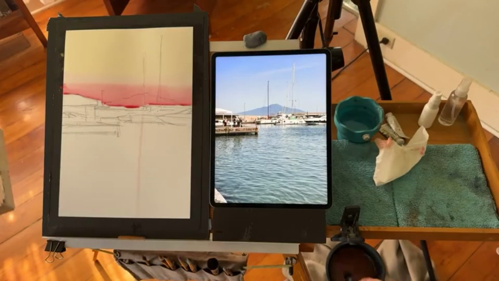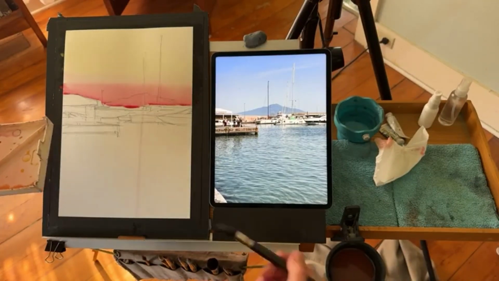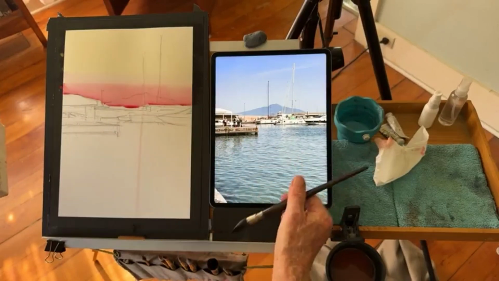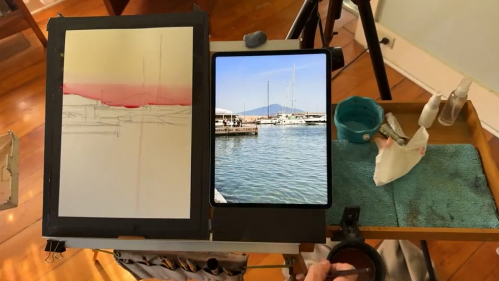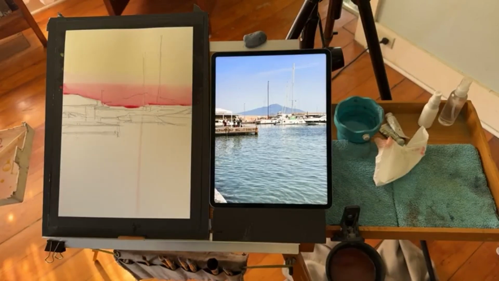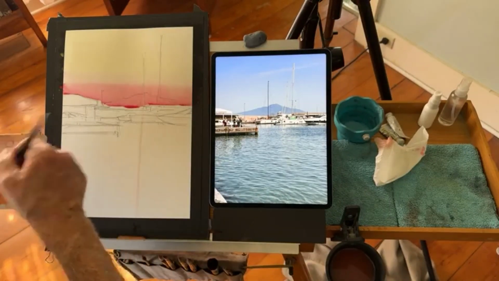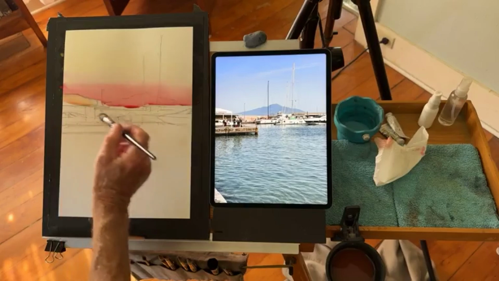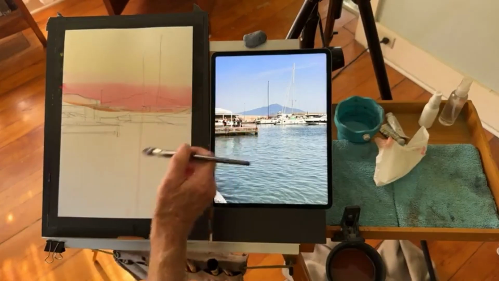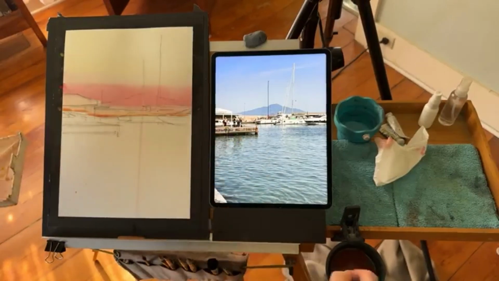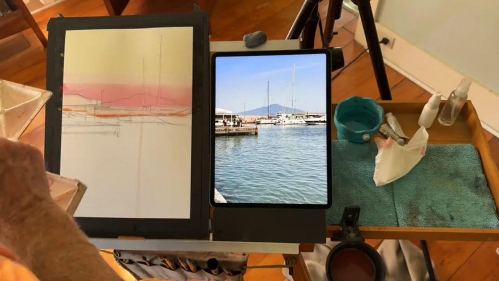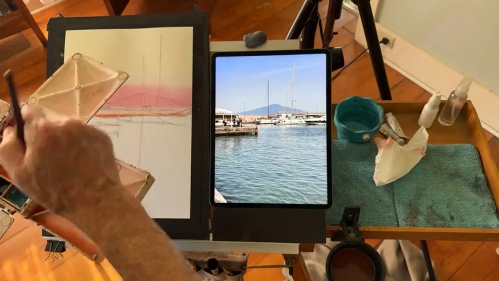This is basic military stuff. Okay, now these boats, they're white, and this tent is white, so I don't want them to be quite that color. So I'm going to switch back to the ochre, and then I'm leaving a big bead there, and now I'm going to make my puddle of blue, which I'm going to use the cerulean